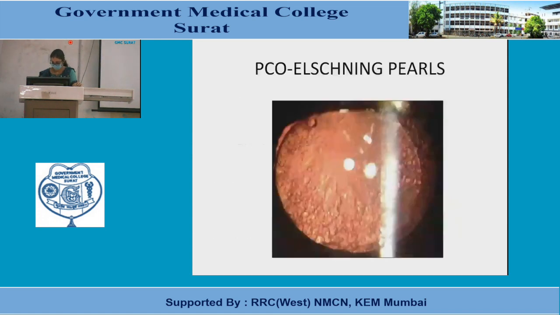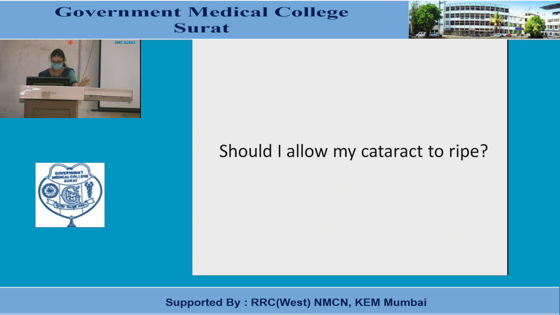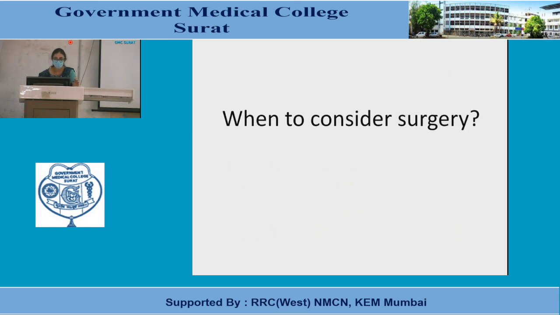So just a few topics. Of course, you should know the 3 different types of PCO and the laser that is used for managing the posterior capsular opacification. So just an open consideration about the discussion about when to consider surgery. We have discussed what the indications are. So when will you consider surgery in case of cataract? Which are the indications of cataract surgery?